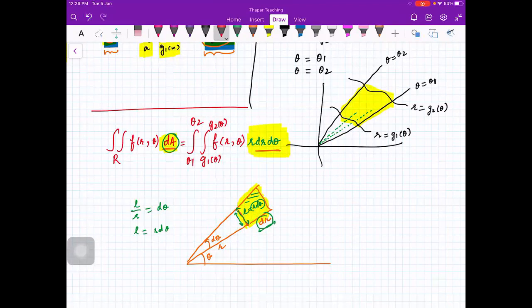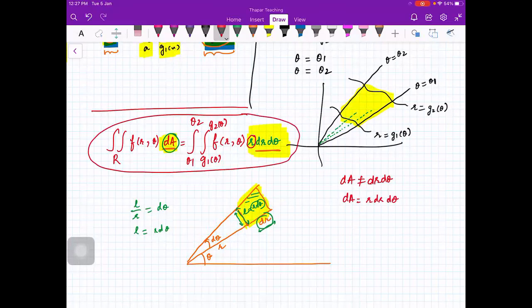Okay, so it is very important that when you are computing double integrals in case of polar coordinates, you will put an r here. You will not write dA equal to dr d theta. Why? Because here the theta and r directions are not perpendicular. In case of Cartesian coordinates, the x and y directions are perpendicular, so the small area which you cover is dx dy. So here dA is not equal to dr d theta, it is equal to r dr d theta. Is that okay to everybody? So this is how you will compute the double integral.